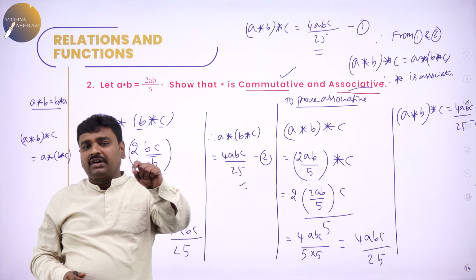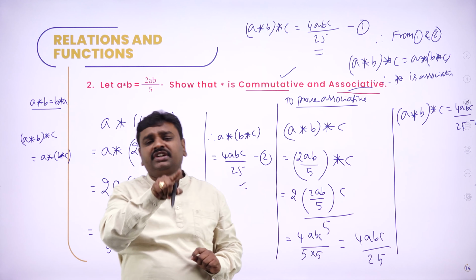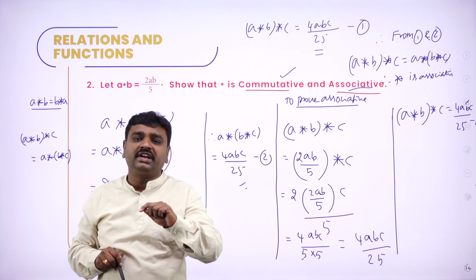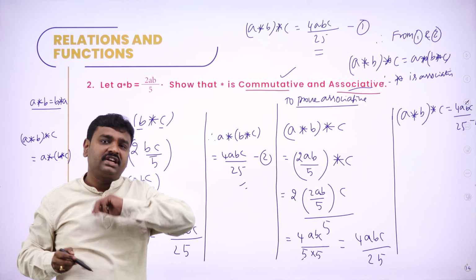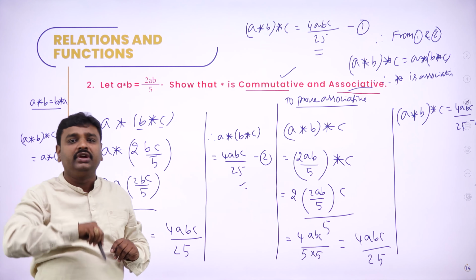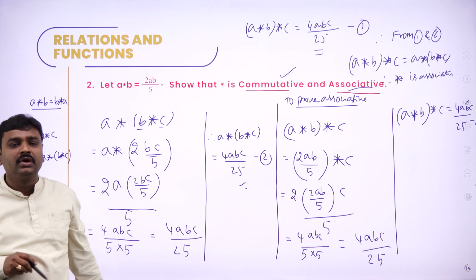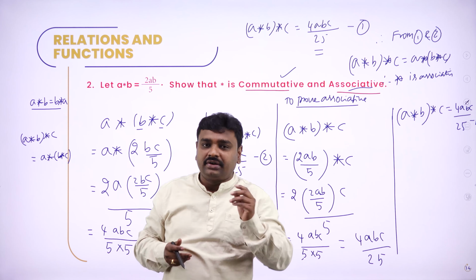So, in today's class, I taught you binary operation. What is binary operation? For all A comma B belongs to given set, if A star B also belongs to the same set, then star is binary. Then I taught you identity. What is identity? If A star E or E star A gives you A, then E is identity. I also told you identity is unique. Then I taught you commutative. What is commutative? If A star B equal to B star A, then star is commutative. Now I taught you associative. If A star B star C is equal to A star B star C, then it is associative.